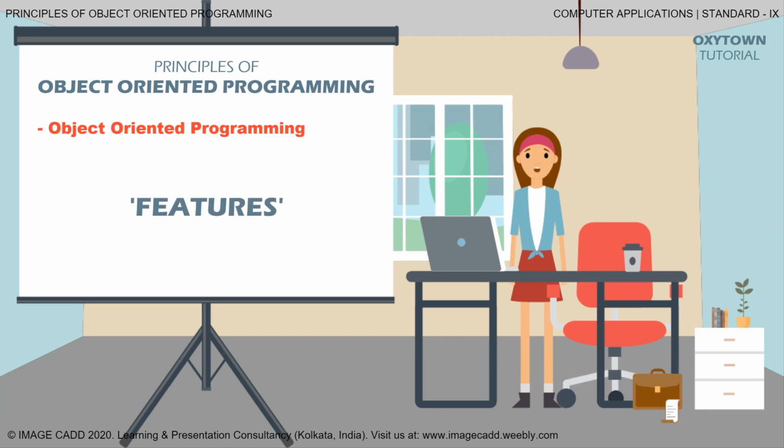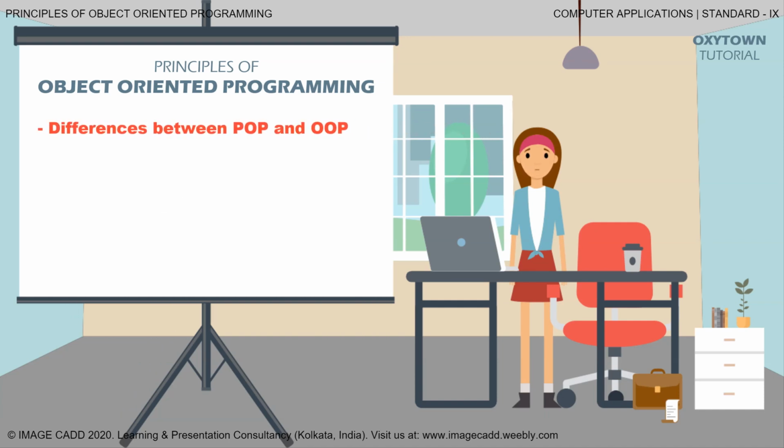Features: object-oriented programming uses a bottom-up approach of programming. It emphasizes on data items, rather than functions. It divides any given task or program into simpler objects. Objects bridge the data flow from one function to another. Program security is ensured by the concept of data hiding. It is helpful in solving complex problems.